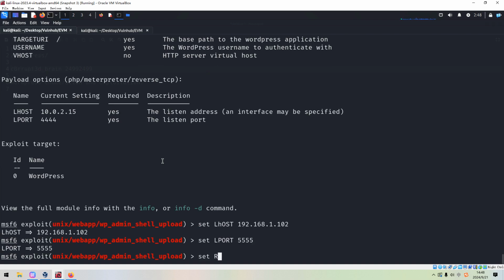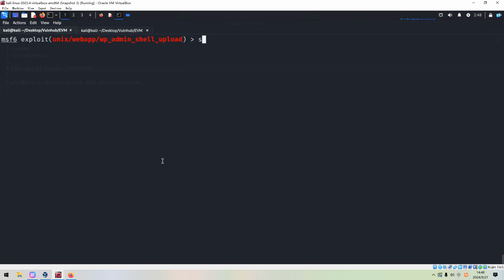We also need to set the remote host to our target. The remote port number we do not need to change, just leave it to the default one. The target URI should be WordPress.